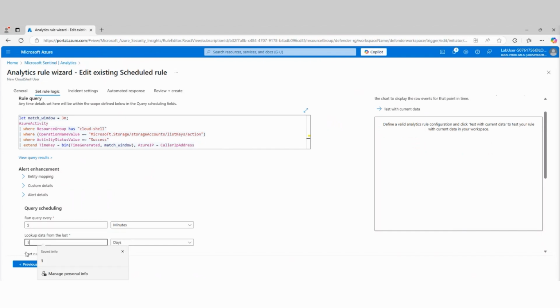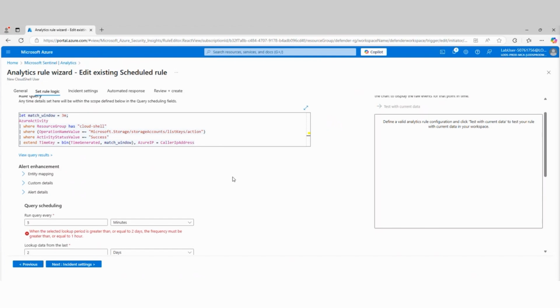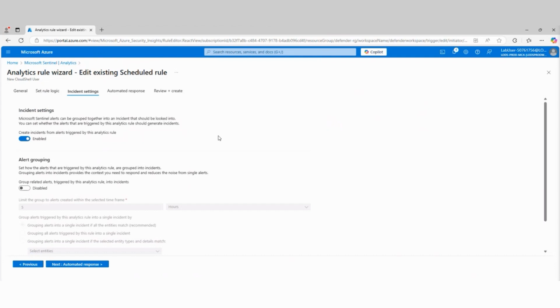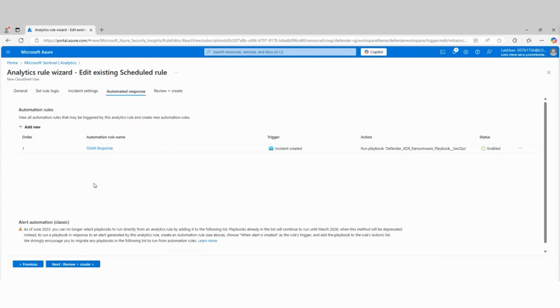As we mentioned, you can change it. I can change the period of data that we're going to look at. So let's look at the last 2 days or last 3 days that we have. You can do that if you want to. By the way, the error is based off of the time frame, so you have to play around with the time as part of that process. Now we're going to continue on and select next under incident settings. For our automated response, we're going to keep all of that the same. And then we have our store. So what I want to do here, this is my automated response.